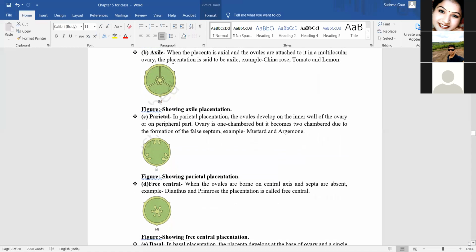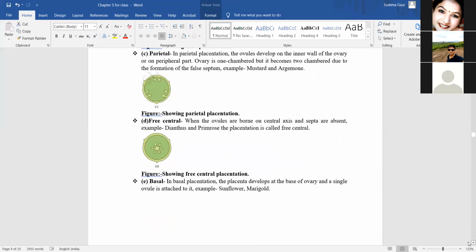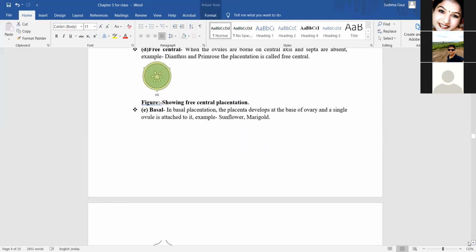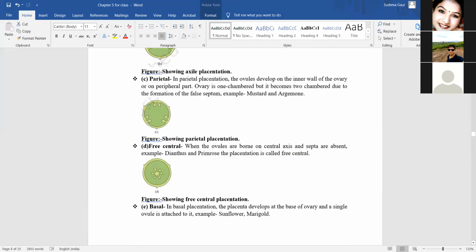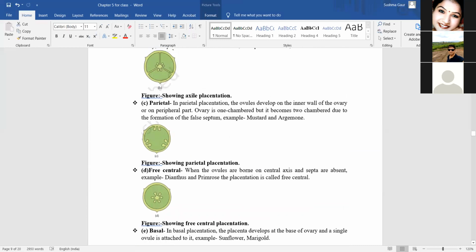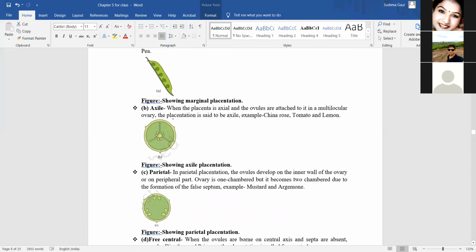Ma'am, axial placenta is like in cucumber. No, in cucumber I think. Ma'am, the shape is like that, right, ma'am, 3 lines. Yeah, I had seen it too. When I taught this chapter to them, I think I saw it in cucumber. In cucumber, is it in the center, or is it not this one? Is it not parietal? No ma'am, there are 3 on the sides like this.